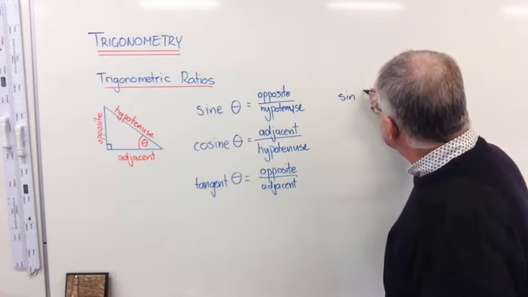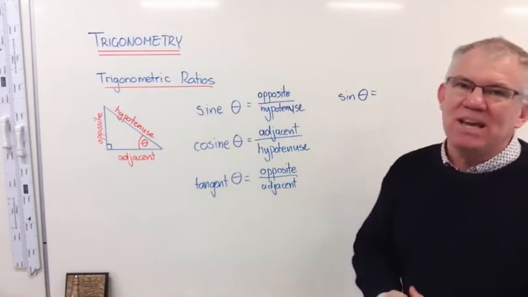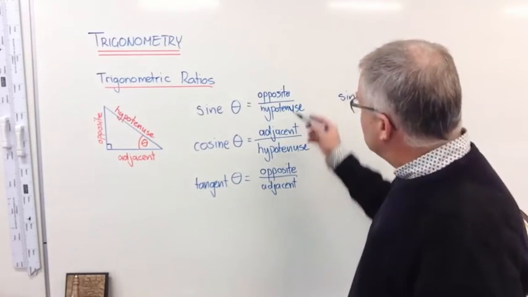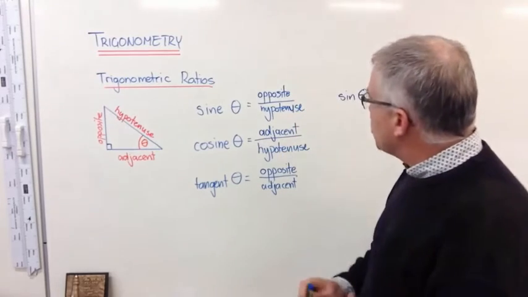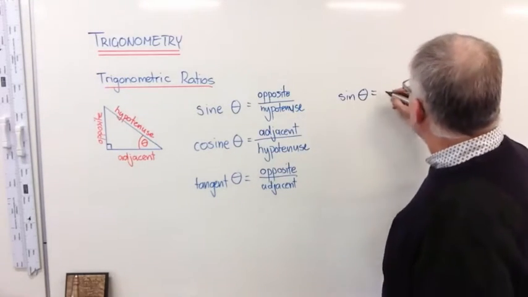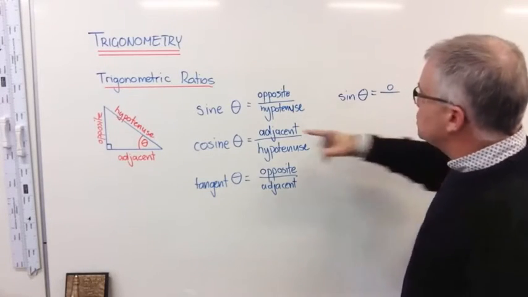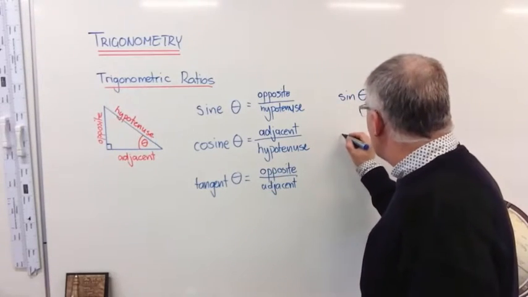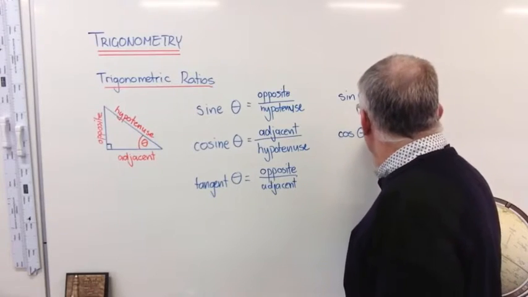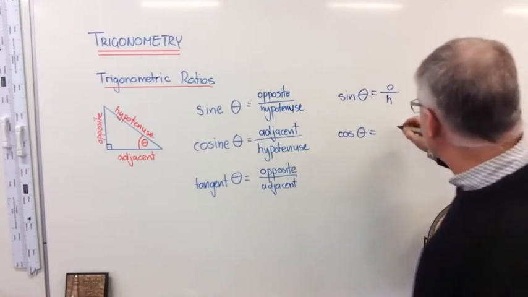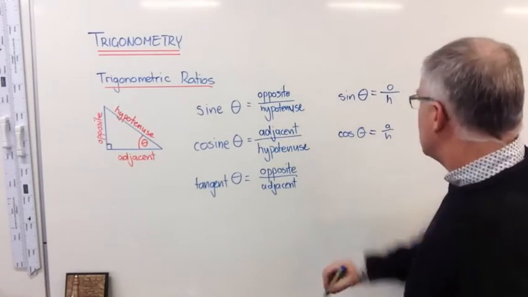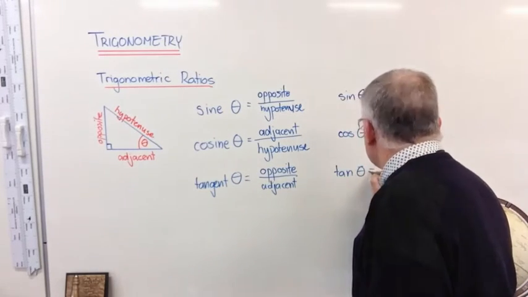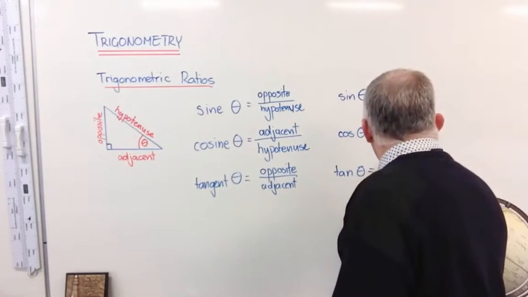So we've got sine theta is equal, and rather than opposite over hypotenuse, we try to think of a letter that will abbreviate the words opposite, adjacent and hypotenuse. So for opposite we use the letter O, and for hypotenuse we use the letter H. Likewise we abbreviate cosine and we write cos, and this time we actually pronounce it cos. So cos theta is equal to adjacent over hypotenuse, so we write A over H. And tangent we abbreviate as tan, so we write tan theta is equal to the opposite over the adjacent, which is O over